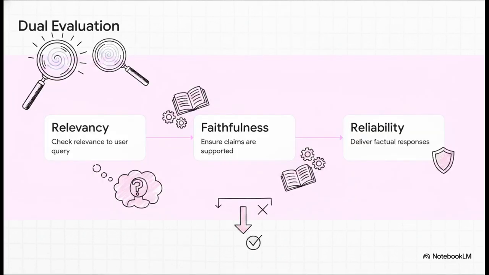The user thinks they're getting a great answer because it sounds right, but under the hood, your AI is totally deceiving them. So that brings us to the ultimate solution outlined by Colin KS, dual evaluation. You cannot just rely on one, you need a strict step-by-step approach. Step 1, check response relevancy to make sure the user's intent is actually being met. Step 2, verify faithfulness to the context to lock down the facts and ensure the AI isn't hallucinating. Step 3, deliver reliable, factual, and non-misleading outputs. By verifying relevance and then strictly enforcing factual context, you drastically slash the risk of misleading your users.